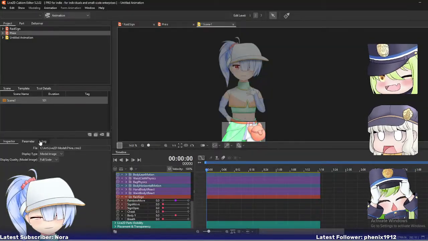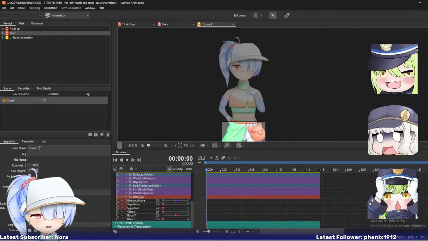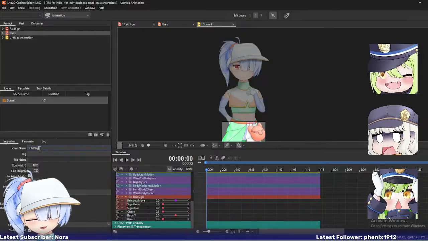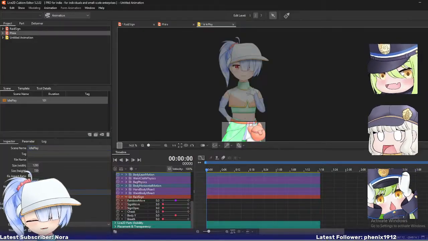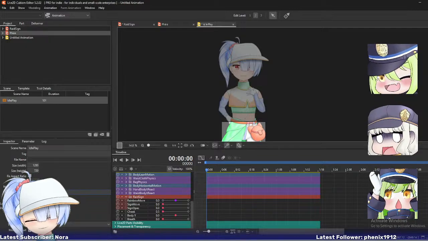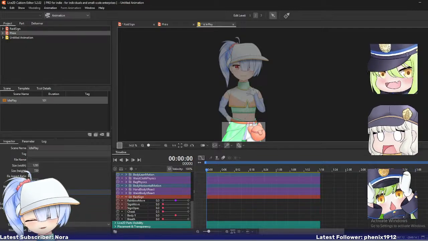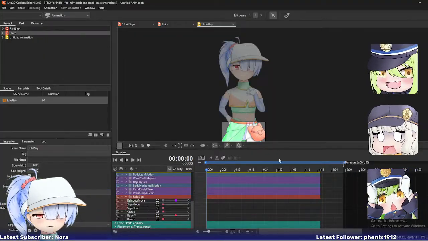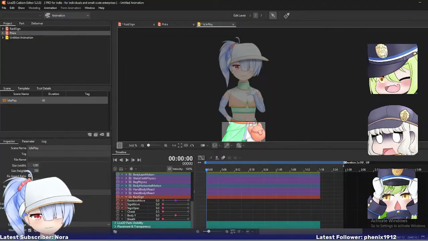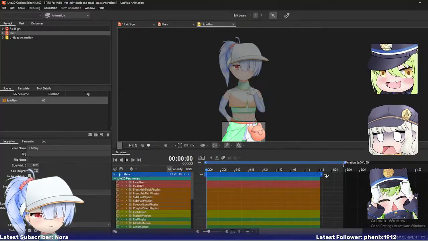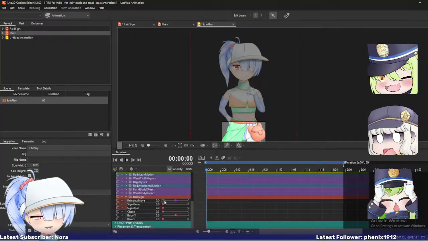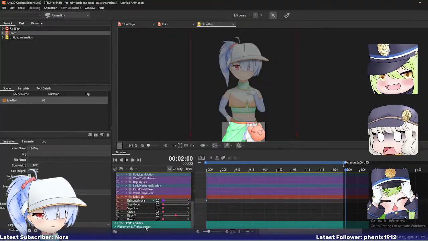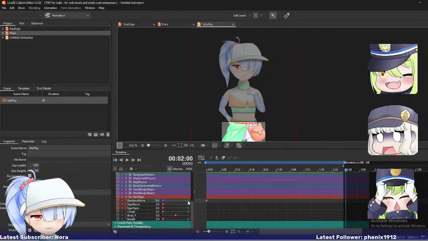Basically, we want an idle play. Let's make it like a 2-second loop. Should be more than that. And we just want to go here from -10 out to here at 10,